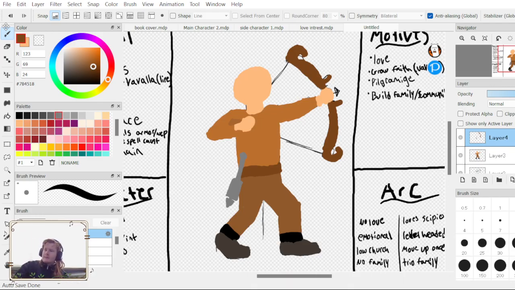Now we're gonna add some leather armor. Let's see if I can't come up with a reference image.